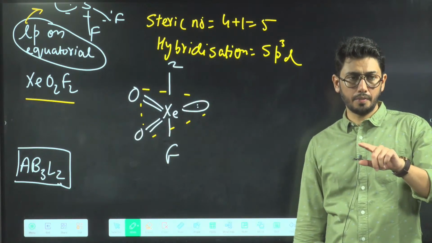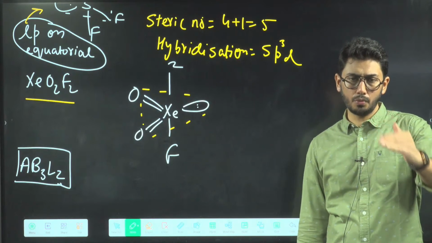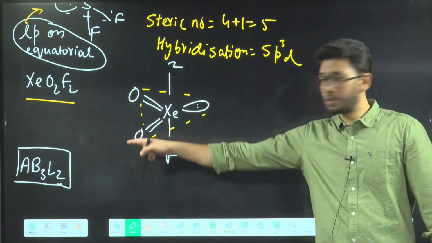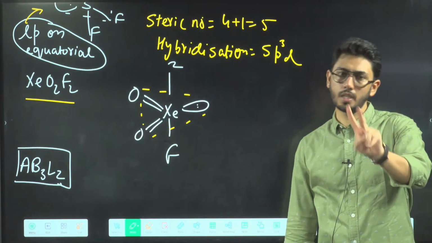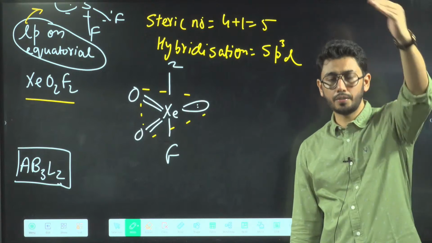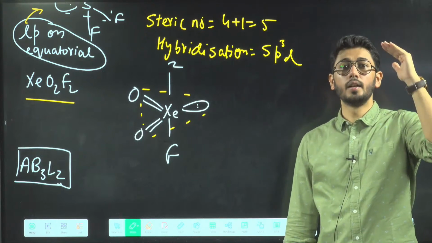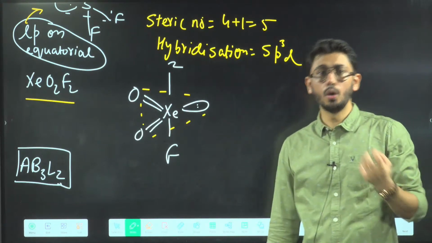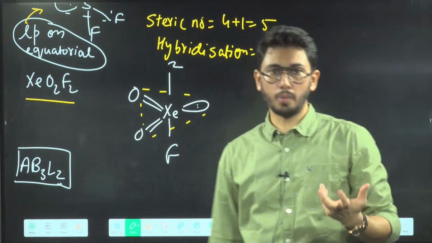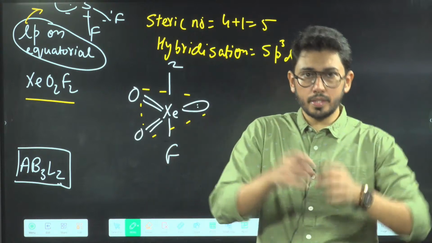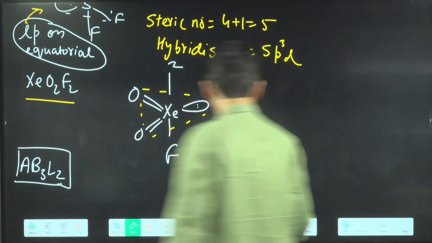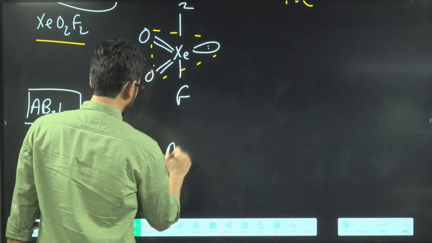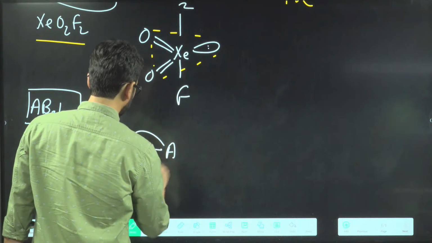Now try. From AB5 regular geometry, we have discussed AB4L, 1 lone pair, 4 bond pair. Now next is 3 bond pair and 2 lone pair. Still the summation is 5. That means it is derived from which electronic geometry? Trigonal bipyramidal. The VSEPR model is important here because we are discussing lone pairs along with bond pairs. So AB3L2 type structure will have 2 lone pairs on the equatorial position